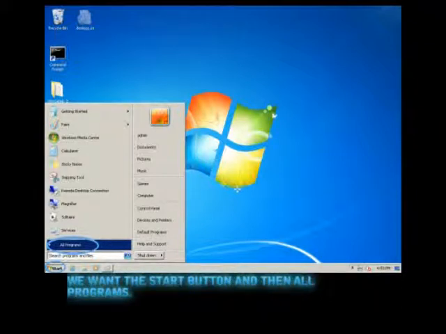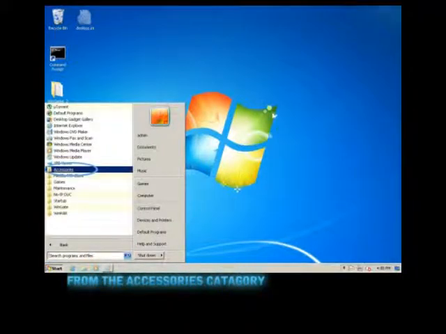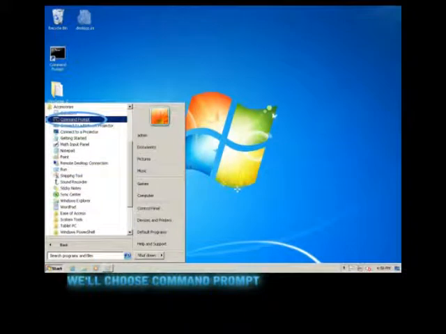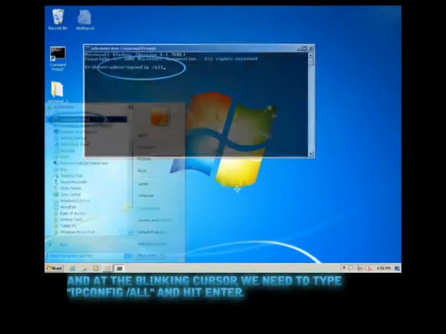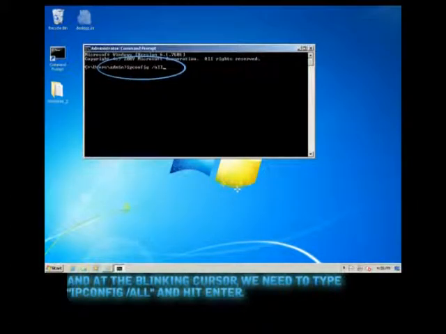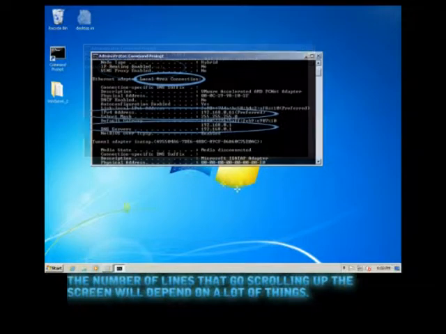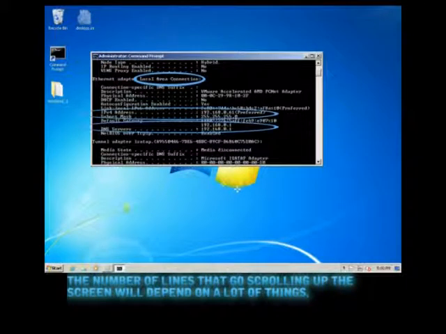We want the Start button and then All Programs. From the Accessories category, we'll choose Command Prompt. And at the blinking cursor, we need to type ipconfig /all and hit Enter. The number of lines that go scrolling up the screen will depend on a lot of